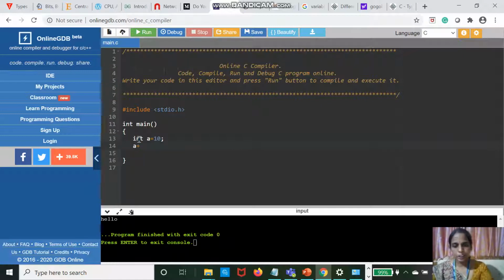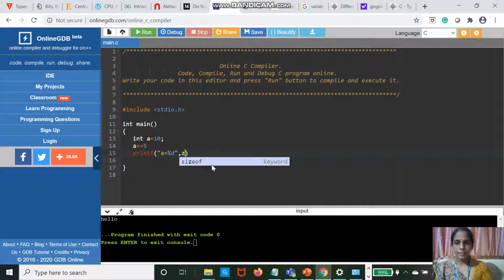A plus equal to 5. Print a is equal to %d, comma a. So a plus equal to 5 means a is equal to a plus 5. That is the meaning of a plus equal to 5.